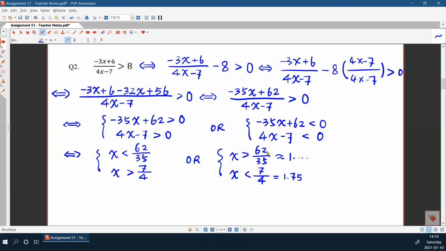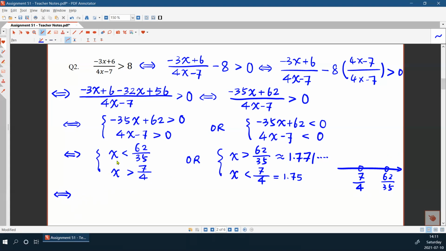So we need to calculate more of the first number. 62 over 35 is actually 1.771 something here. So which number is larger? Of course, the first number is larger, right? So the first number is here, and 7 over 4 is about here, right? Okay, so as long as we know the relative positions of the two numbers, we can